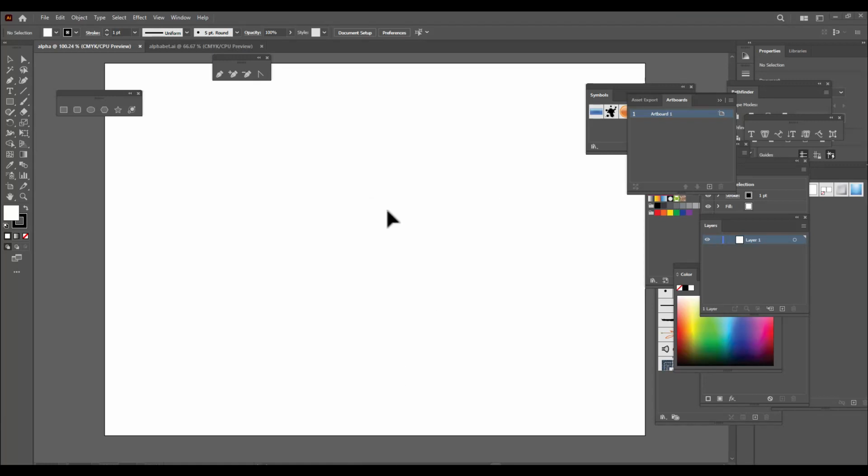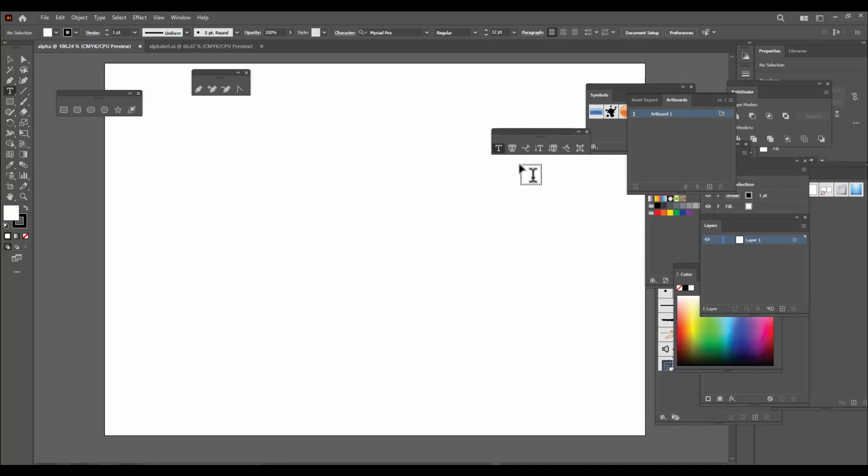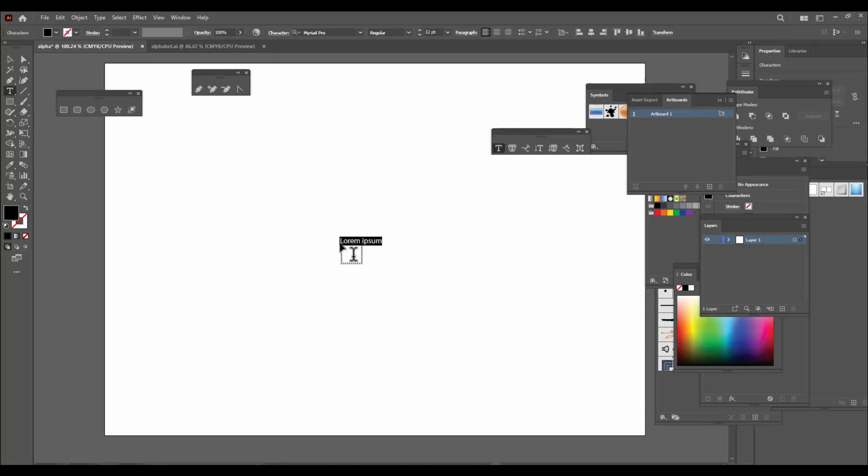I have selected an A4 size landscape document. Now let's first create the letter A. So we are designing a logo for the company Alpha Designers Private Limited. Right. So we'll just select the type tool and we'll type the letter A